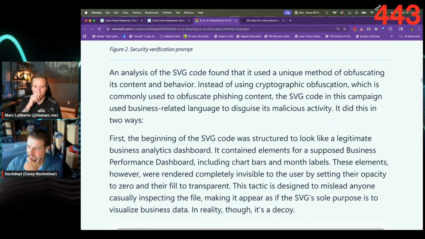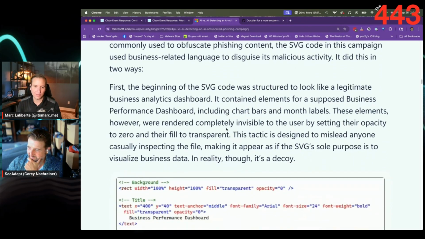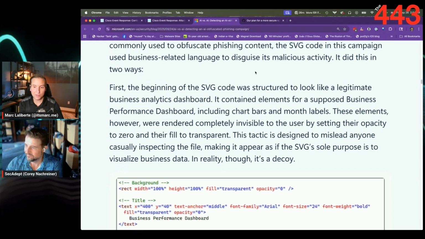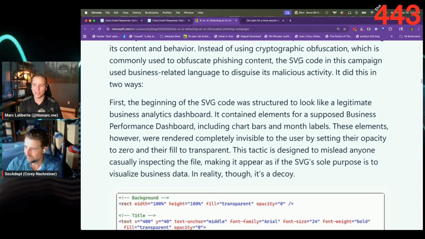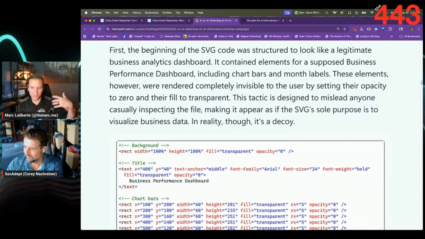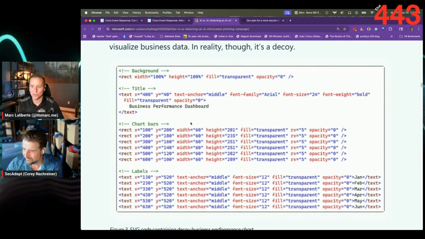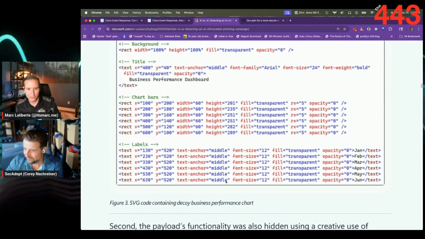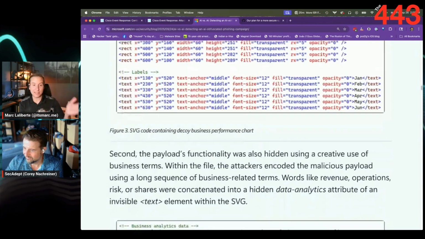So first off, normally attackers will use cryptographic obfuscation when they're trying to hide what's going on within a JavaScript file or an SVG like this. In this case, instead of doing that, they used business-related language to mask the malicious activity. The beginning of the SVG code looked like a legitimate business analytics dashboard. It had elements including bar charts and different labels for months, but it was completely invisible to the